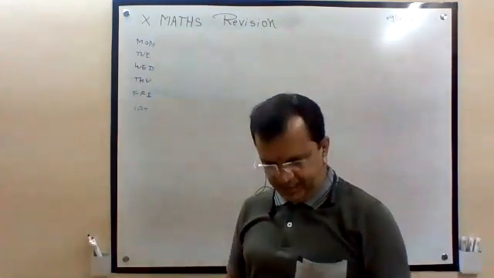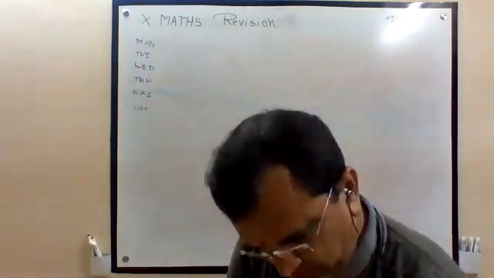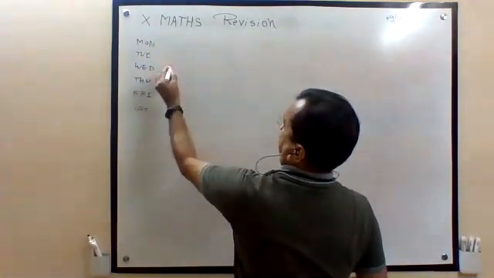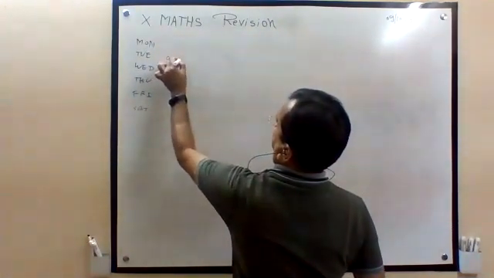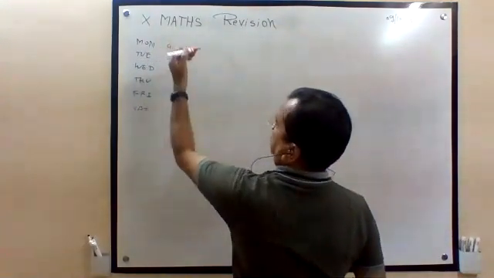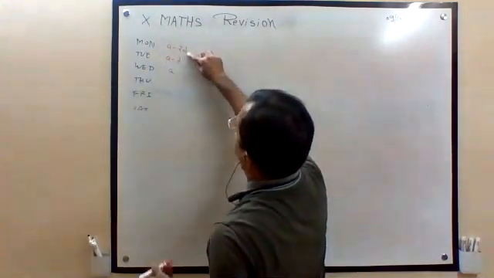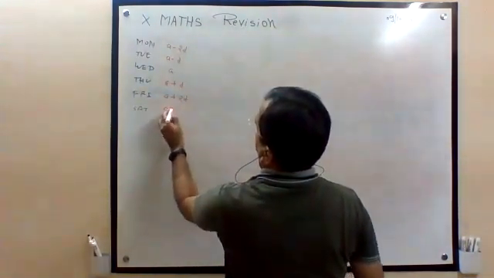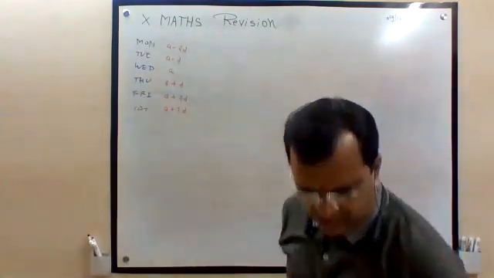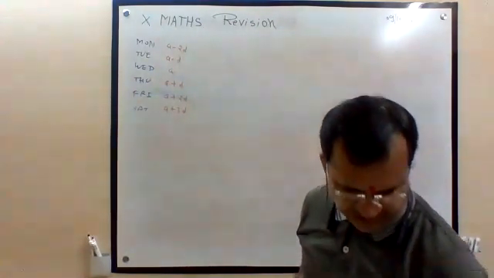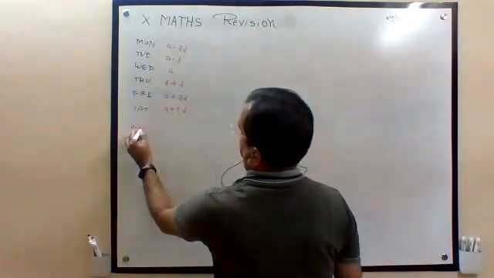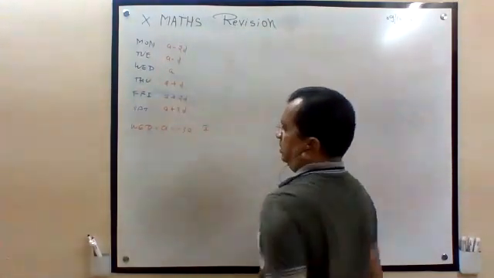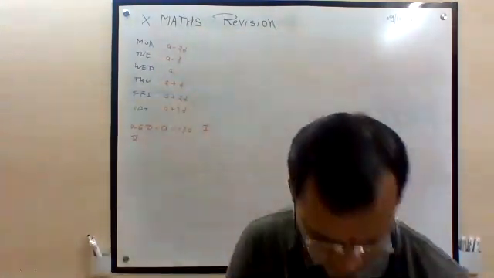All are in AP. I told you that AP, how to consider from any middle. There are two middles, so from here or here you can take any. This is A, this is A minus D, this is A minus 2D. D is the difference, A plus D, A plus 2D, A plus 3D. Now they have given Wednesday Celsius is minus 30. Wednesday is equal to A is equal to minus 30. Condition number 1. Condition number 2.